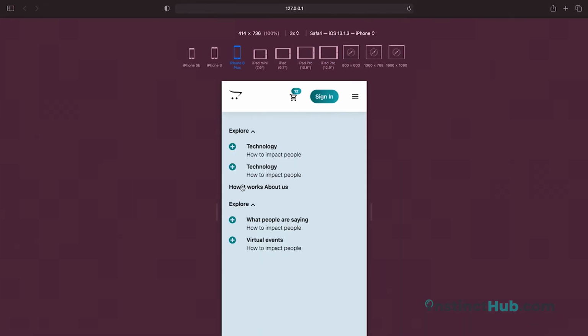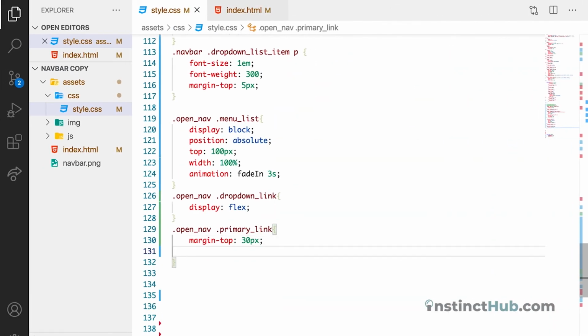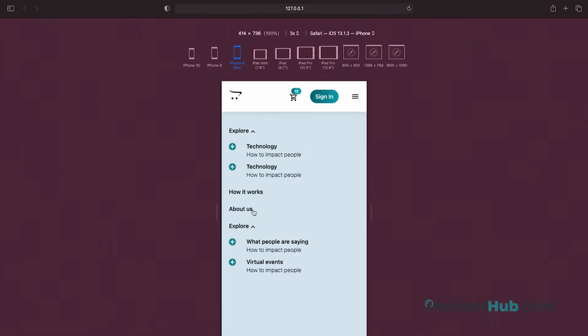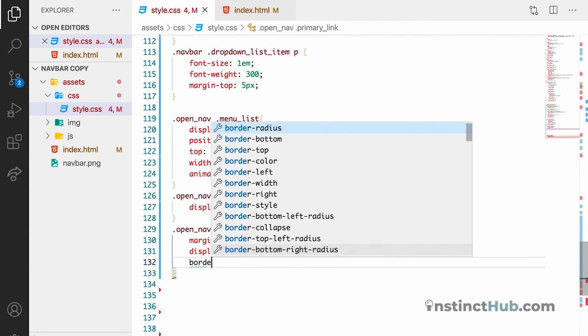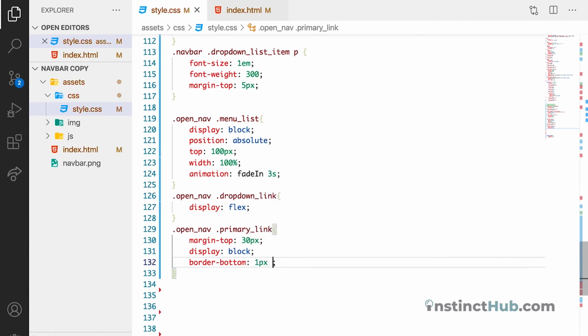You can see that these are joined together, the two links. Let's display block. We should have them in separate lines. You can see in separate lines. Then let's declare border bottom. A border bottom is going to have 1 pixel thick. Then we want solid line. Let's use